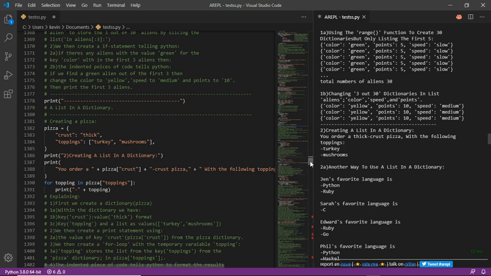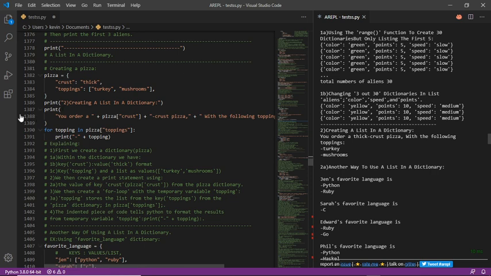So now we're going to create a print statement showing you how to use each individual element, so how to print it. Here we create a print statement stating that you ordered a pizza with the thick, which will give out the value because we're getting the key crust from the dictionary pizza, and it'll be thick crust pizza with